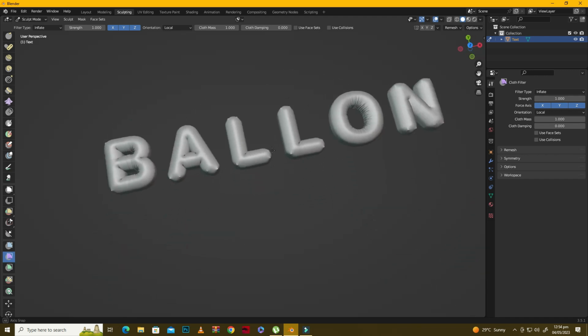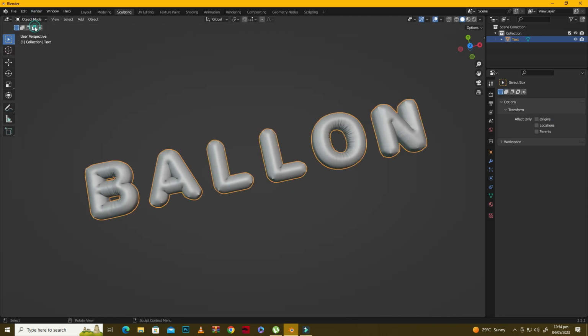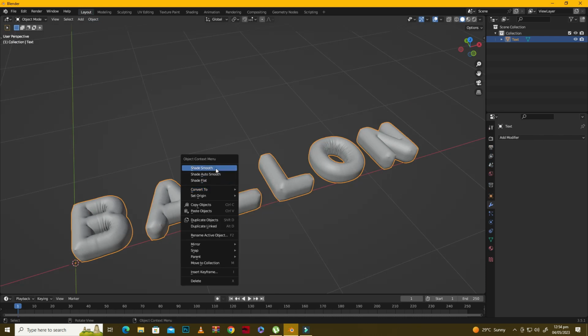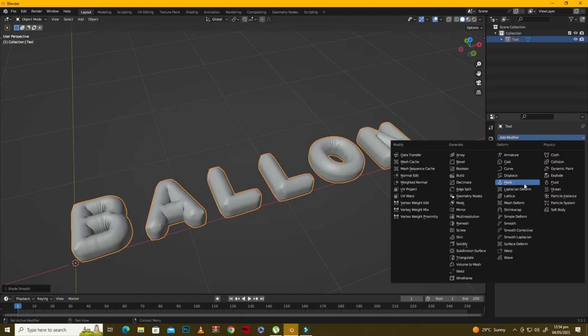Now when you are satisfied, you can give it a smooth finish by shading it smooth, and then you can also put a subdivision modifier